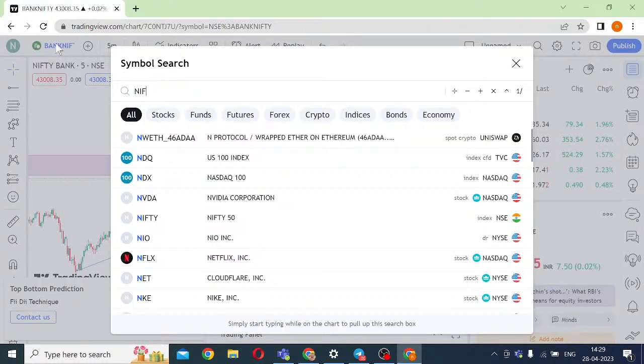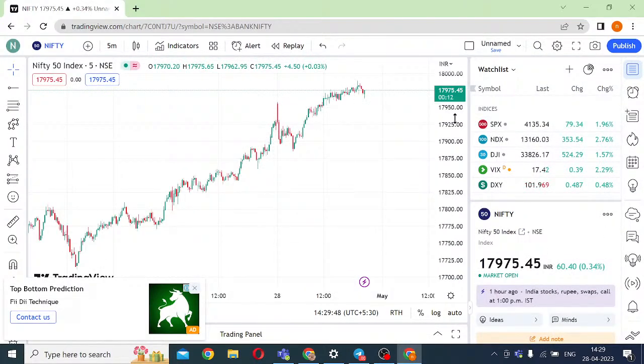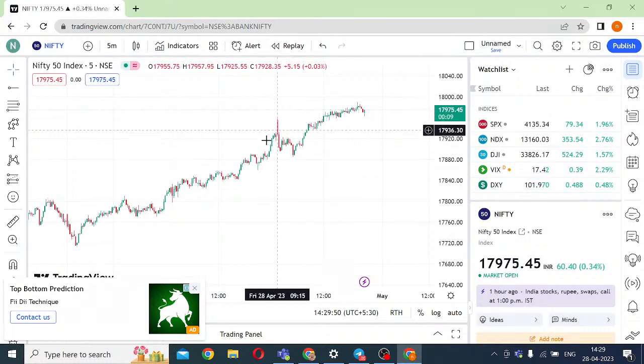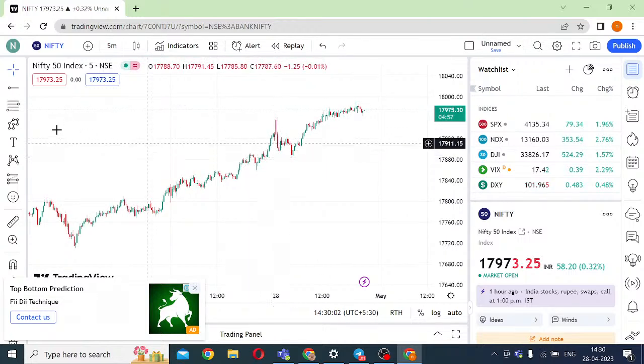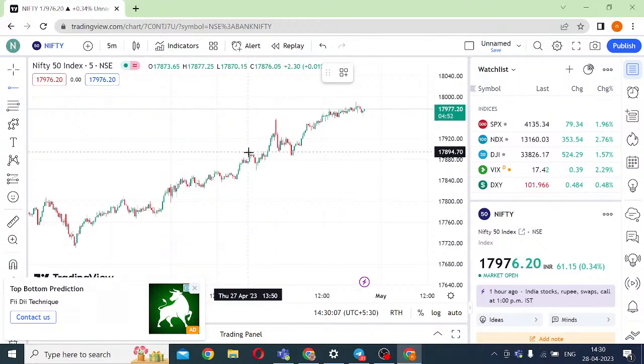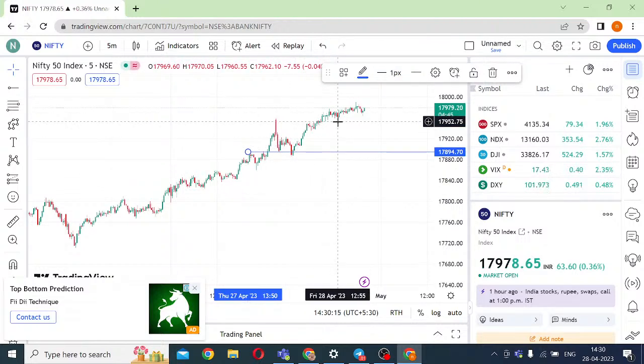Coming to Nifty, I think the story is slightly easy to interpret. If you see, this candle formed closed above the closing candle. So Nifty was in fact a buy on dip, and I had suggested a breakout. I said Bank Nifty could open gap down, but Nifty clearly was a buy on dip for me. It was not a sell on rise for me, and I was looking at a target. I think this will touch 18,000 today, right?